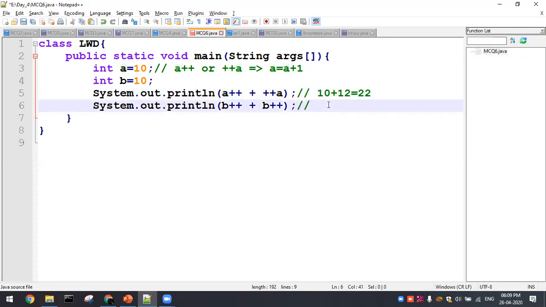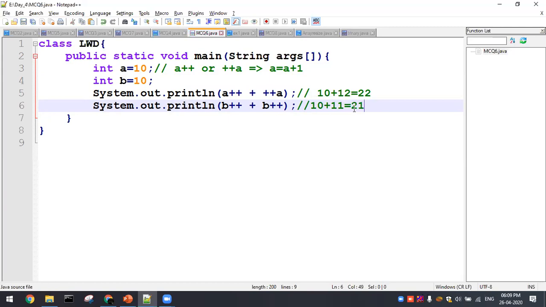Next is B. In a similar way, B plus plus. Apply the value as 10, and in memory it is incremented to 11. Again, we have the operand first, in the sense we apply the value 11 first, and in memory B changes to 12. So now both A and B have changed to 12 and 12. But in the place of B, you are applying 11. In memory, after this statement, both are incremented to 12 and 12. So now what is the value here? You will get 21.